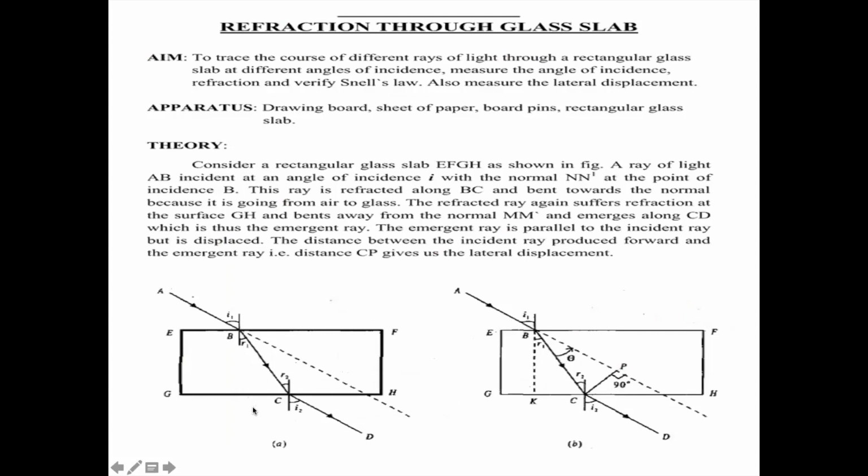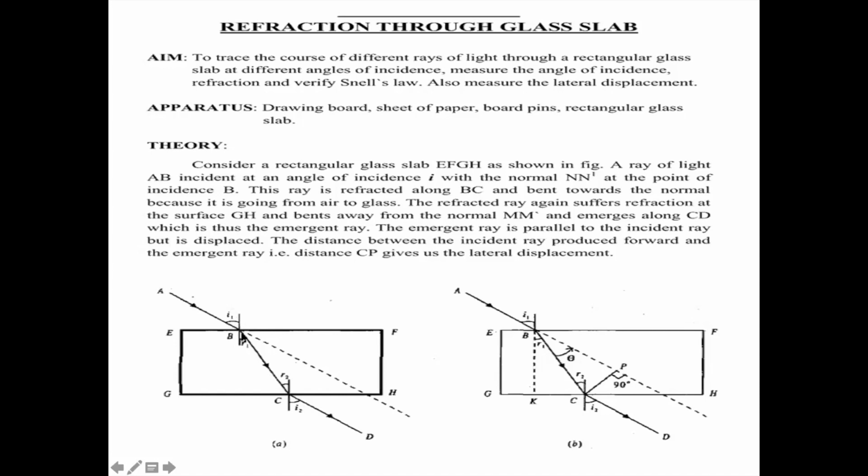This is an experiment with a glass slab. This is a glass slab. Let us take a ray of light falling at a point of incidence B. This is ray AB. It is an incident ray. At point B, the ray of light will bend. It is BC. At point C, again the ray of light is moving. So when you keep a glass slab over here, draw a line, and see from the other side, draw a line CD. This AB is called the incident ray. The CD is called the emergent ray. In between, the BC ray, joining these two rays, is called the refracted ray.